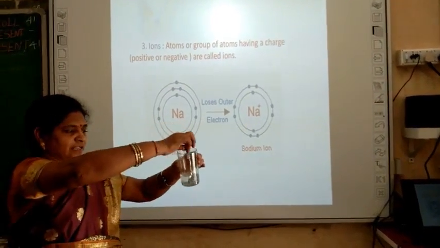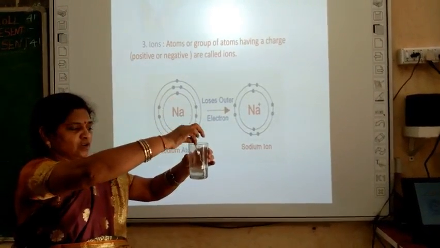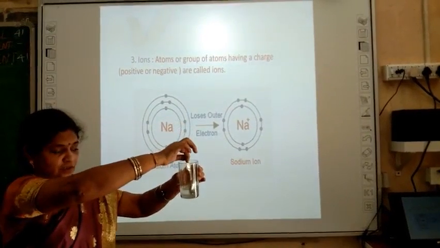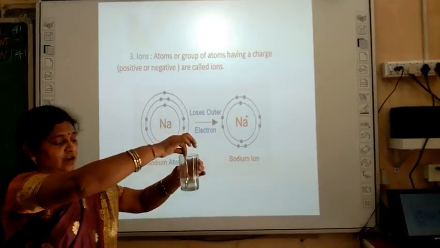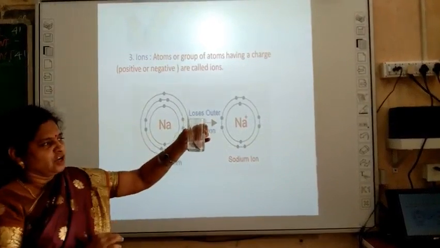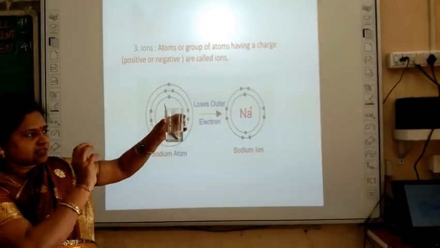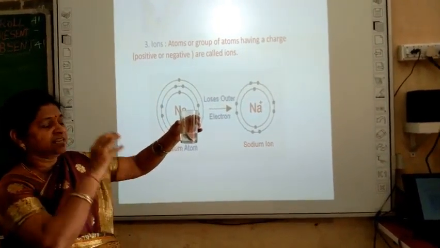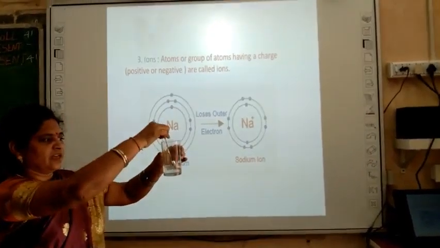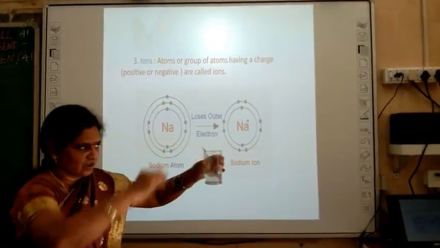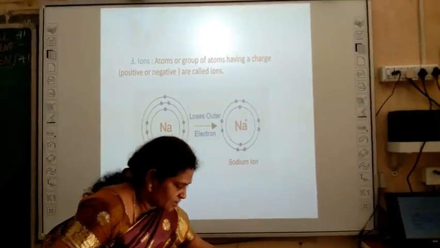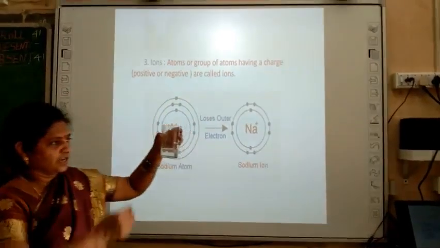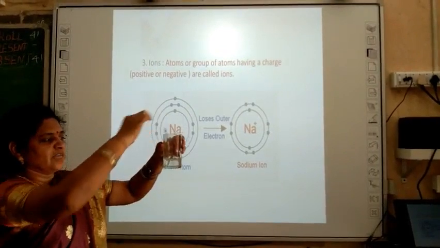But the water is called salt water. We can taste the water, it has only a salt taste. But what is happening here? The salt is a substance that, when dissolved in the water, forms ions. How are ions formed? When the substance is dissolved in the water, it forms ions.